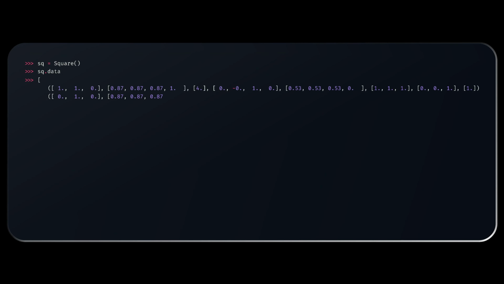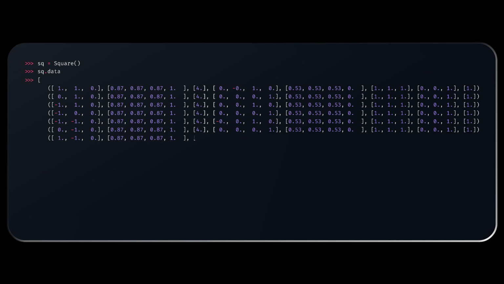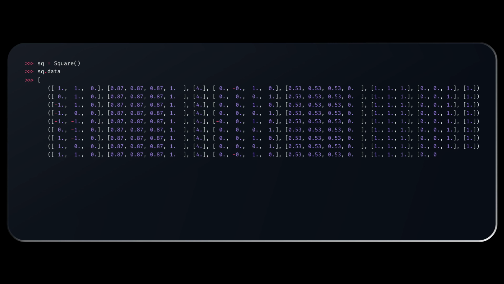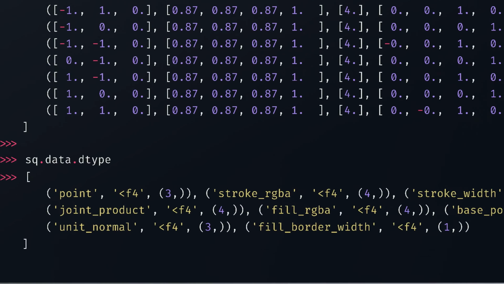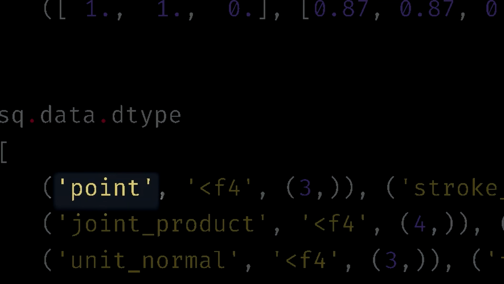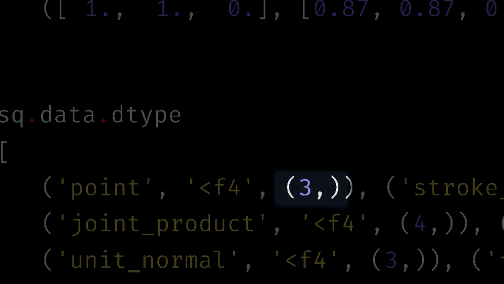To understand it clearly, I define a square, and if I type sq.data, we can see every information required to render the square on the canvas, the data type used, and the length of the vector. For instance, point here is a data name, f4 is the bytes data type, and this tuple 3 here is a data length.